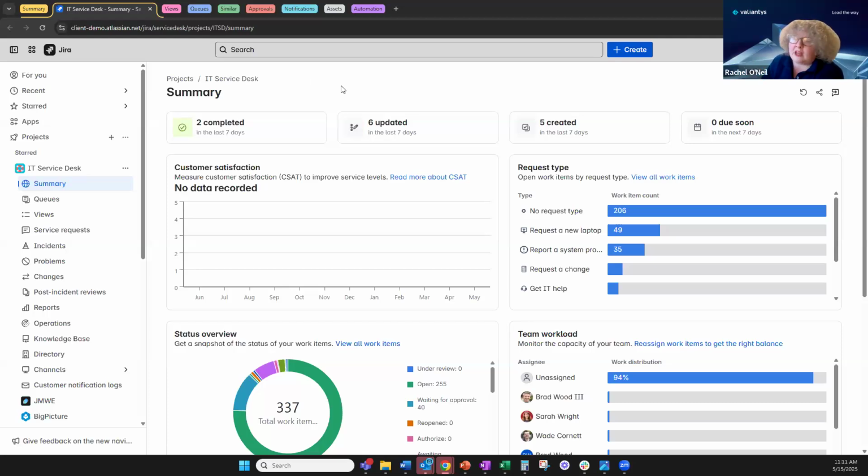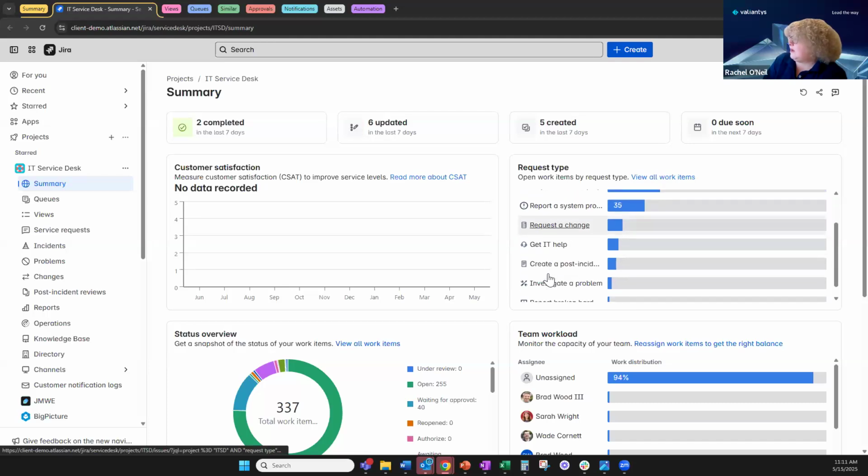The first being a summary page. So this page can be enabled or not enabled depending on your preferences, but this gives a really nice dashboard-like view of what's going on within your particular service project. So you're going to get things like what has been completed in the last 7 days, what's been updated, created, what kinds of request types are we talking about here? What is the current team workload? Who is currently assigned to these different